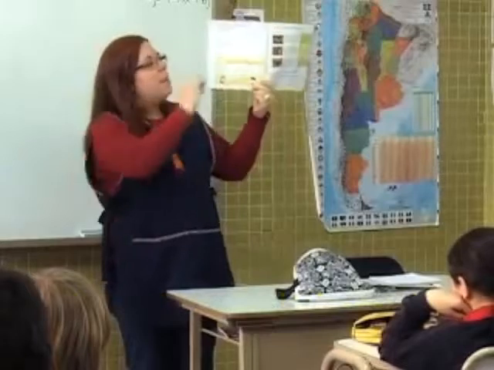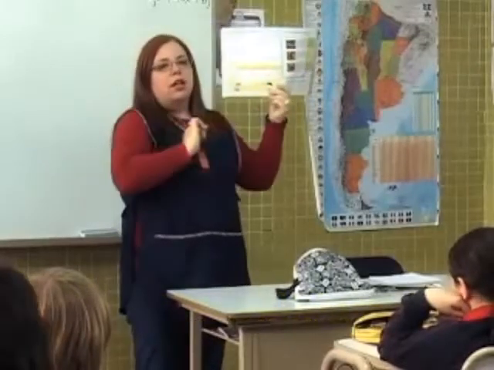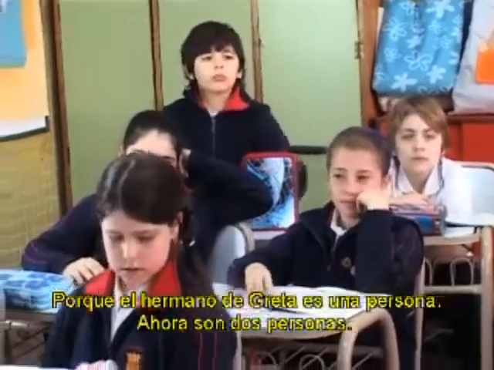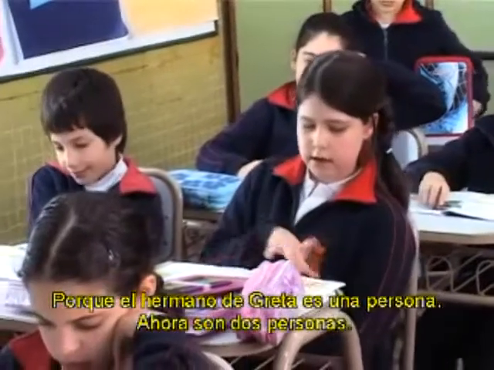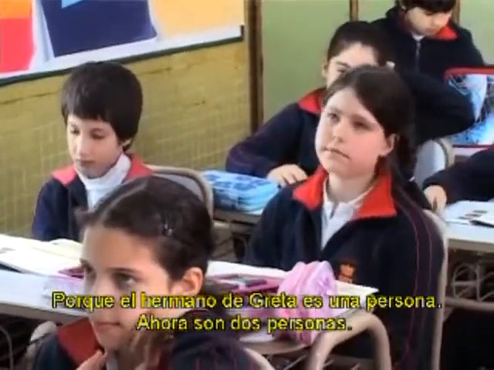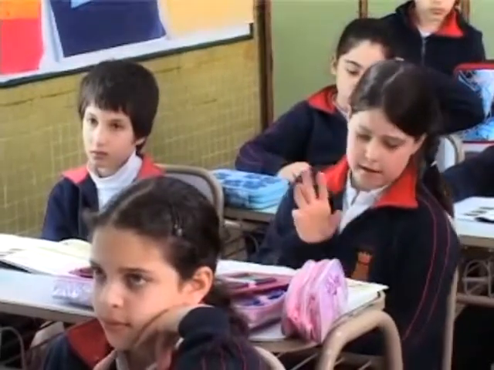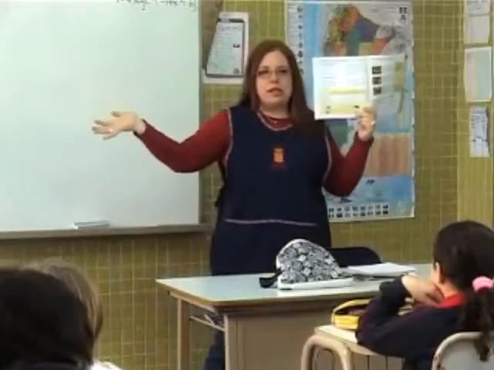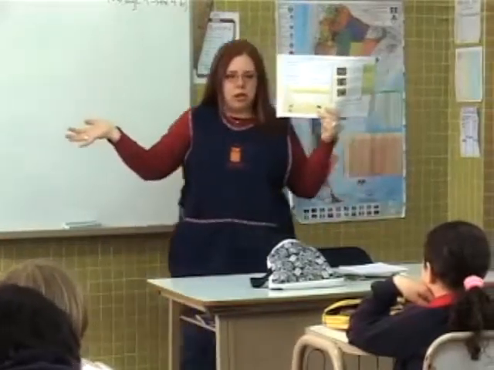Greta's brothers. I mean in the actions here. ¿Tengo gets o get? Get. Alone, alright? So no super S. ¿Por qué no, Luana? Yes. For Greta's brother is one person. No, it's two. Exactly. Siempre vamos a hablar de they, así que no nos preocupamos por la super S en este caso, por el he, she, it, ¿ok? Por eso todos los verbos, los actions, no super S, alright?